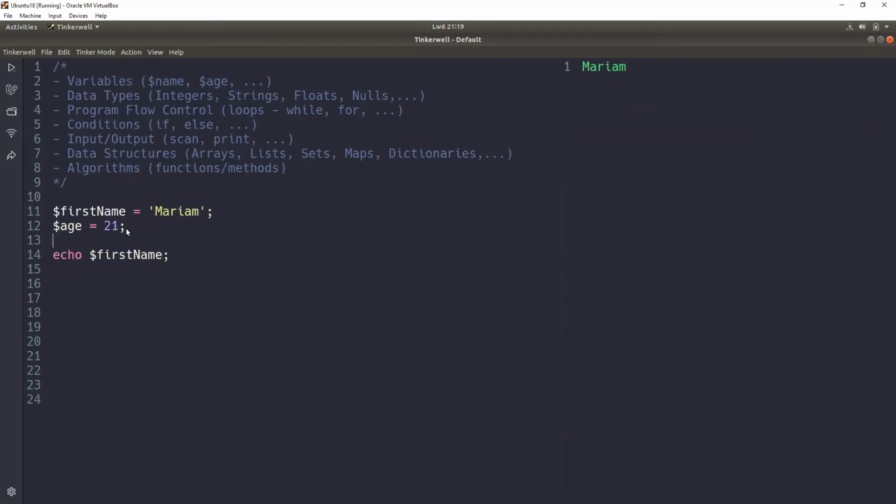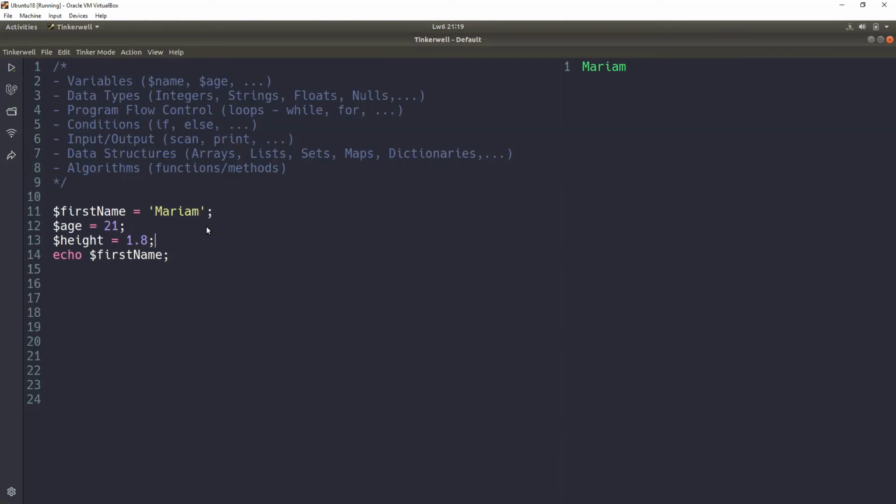Then we can have height. You can say height is 1.8. Whichever it is, whether meters or kilometers, don't worry, just know it is 1.8.